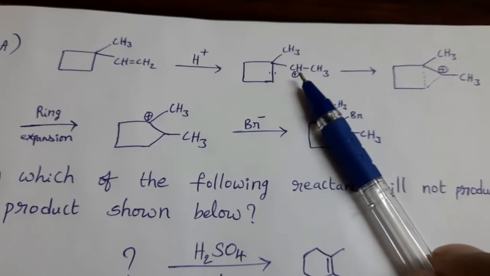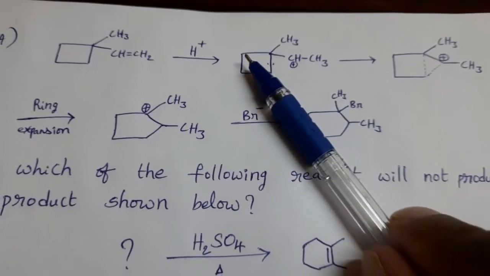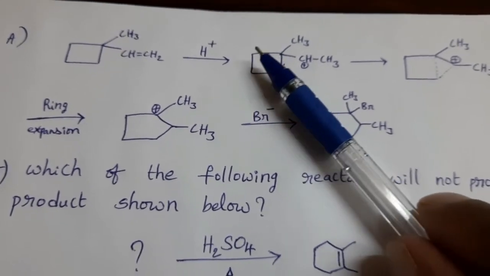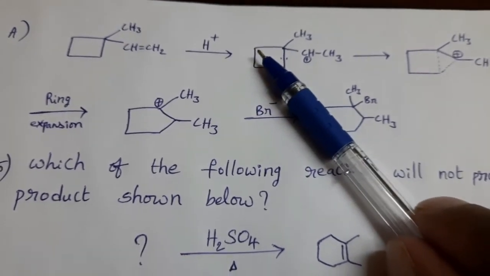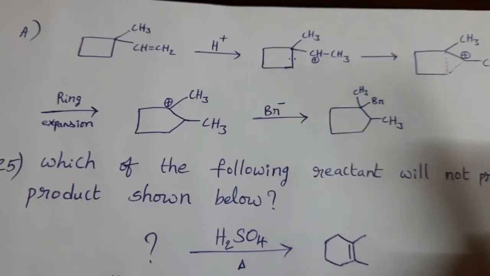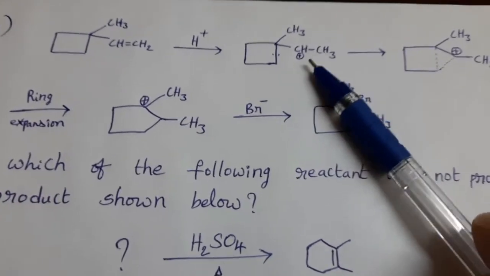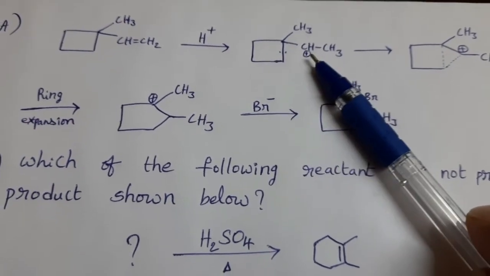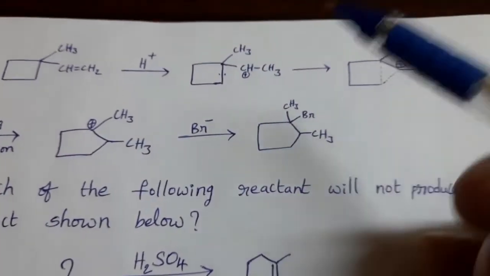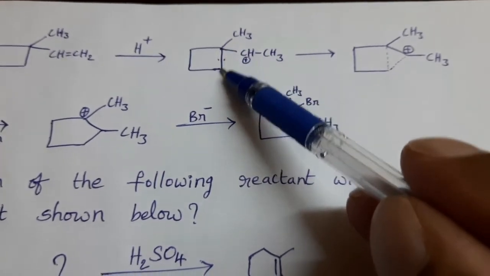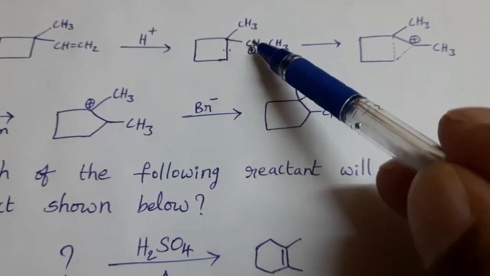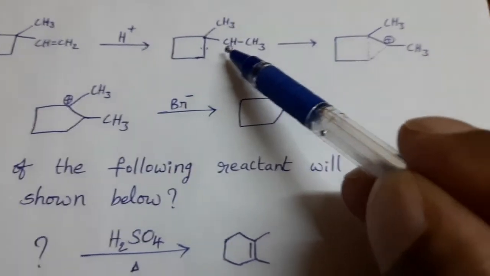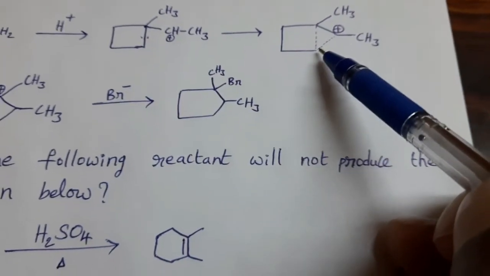And in another case, positive charge is present on the carbon atom present in the cyclic ring. Carbon atom present in the cyclic ring having positive charge, then ring contraction takes place. So here carbocation, positively charged carbon, is present outside of the cyclic ring. So ring expansion takes place. Say this is already existing bond between this carbon and this carbon. New bond is formed. Now I am representing with dotted line.